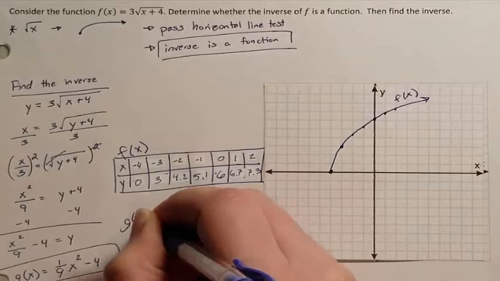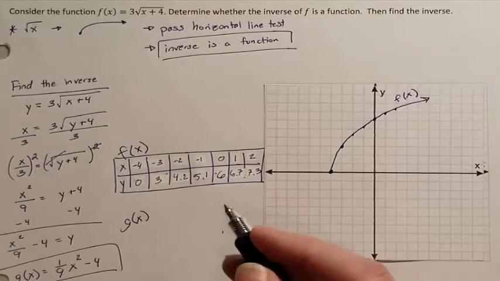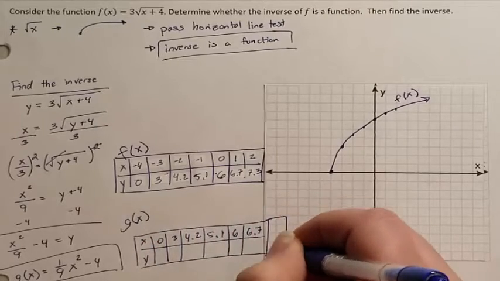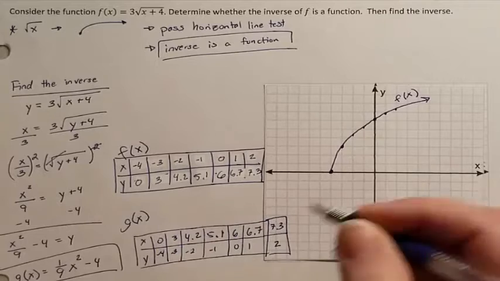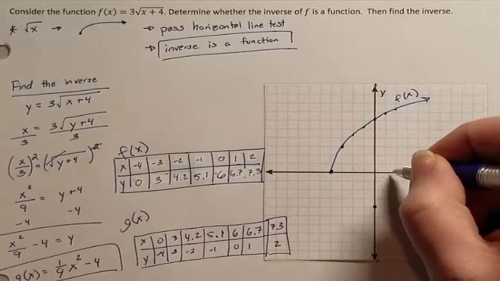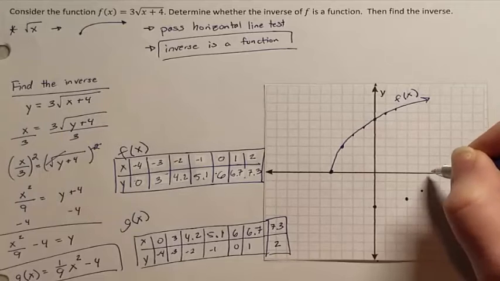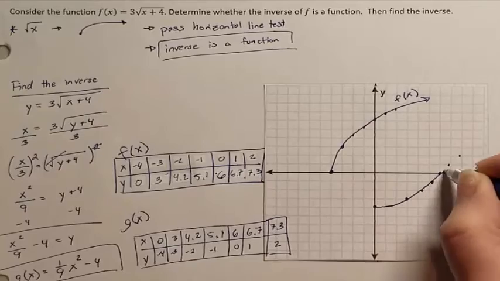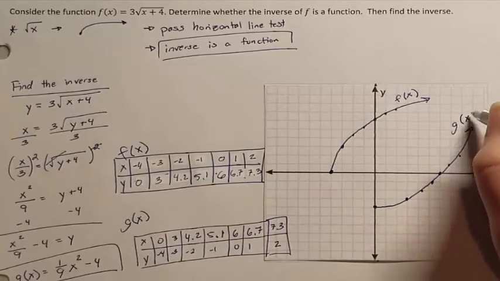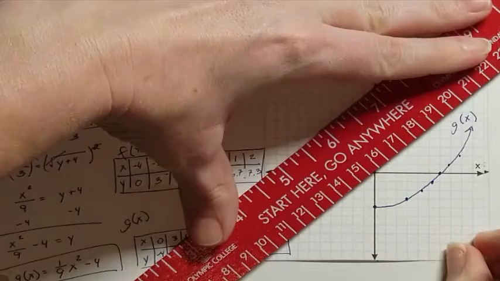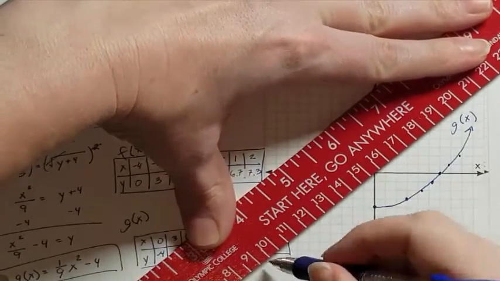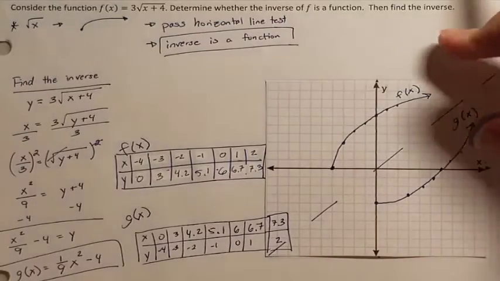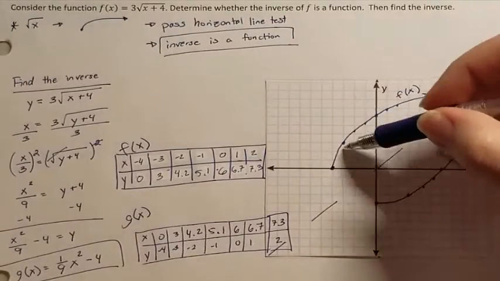My g of x, to be able to graph this g of x, we're just going to switch the x and the y's. And then we're going to graph it. And this is our g of x function. We are going to make sure it is an inverse by looking at the reflection line. So inverses are reflected along this line. If I were to fold the paper along the line, I can see that these points would land on each